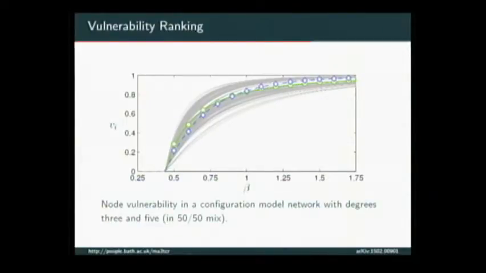So the green circles and the blue diamonds, I should say the curves come from the theory and the shapes come from simulations. And they switch over, right? So the green guy is more likely to get sick than the blue guy when the disease is quite weak. But if the disease is quite strong, then he's less likely to get sick. So the order changes as you change the strength of the transmission of the disease. So what I'd like to do is understand why that happens, right? I'd like to know what's happening up here.